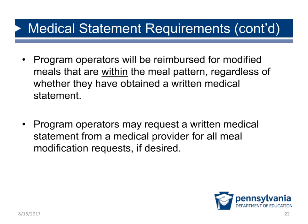Program operators do not need a written medical statement for modification requests that are within meal pattern requirements. So for example, if a participant has a common allergy to one fruit or vegetable, the program operator can simply substitute another fruit or vegetable in the reimbursable meal or snack. Although program operators will be reimbursed for a modified meal that is within the meal pattern, regardless of whether they have obtained a written medical statement,